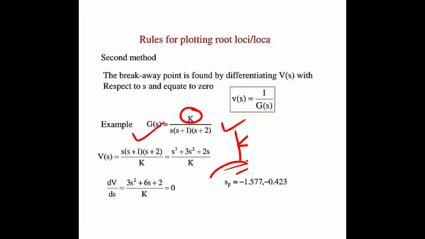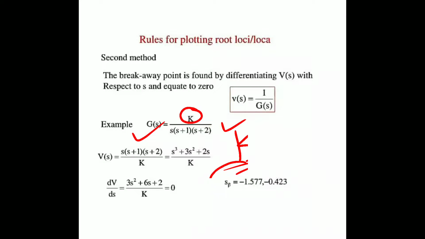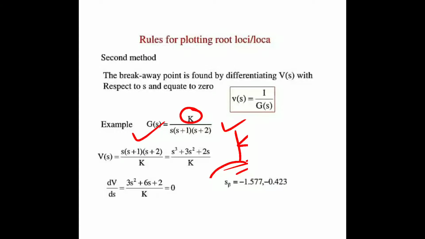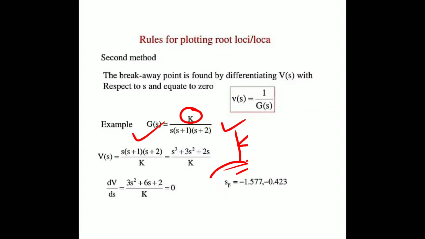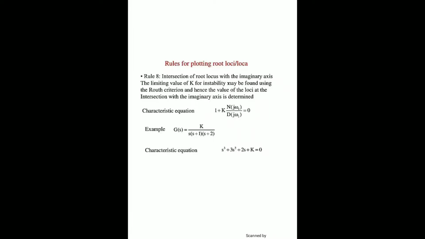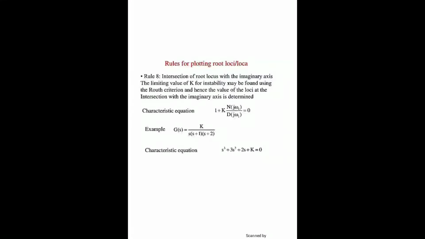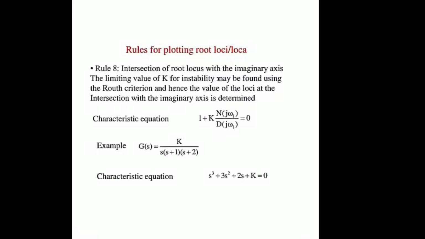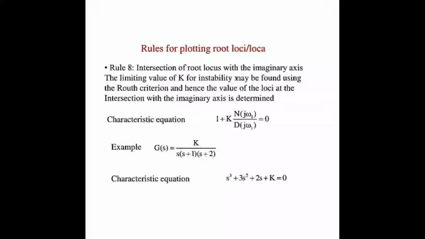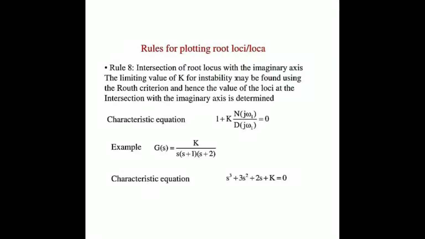The same roots we are getting, minus 1.57 and minus 0.423, and observing the root locus parts and non-root locus parts, minus 1.57 is not a valid breakaway point, that is invalid, and the valid breakaway point is minus 0.423, where the graph will be drawn. So this is the breakaway point. The last thing: we got the real axis point, which is called the breakaway point, but the intersection point on the imaginary axis, that we need to find out.